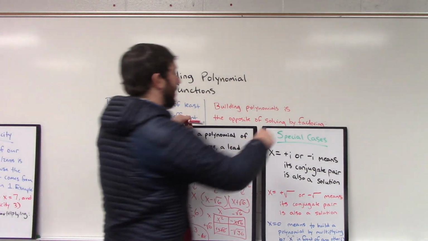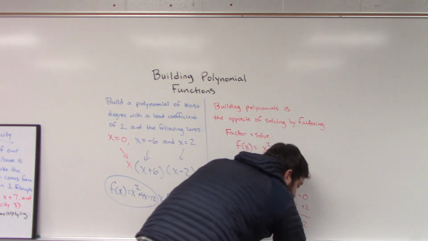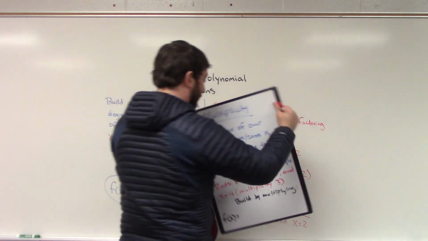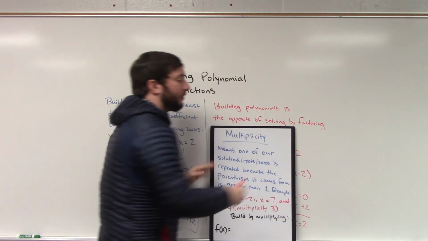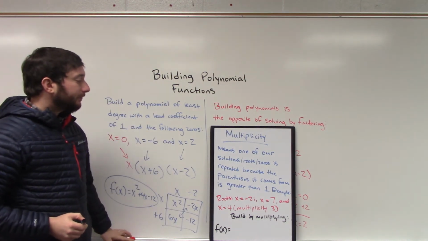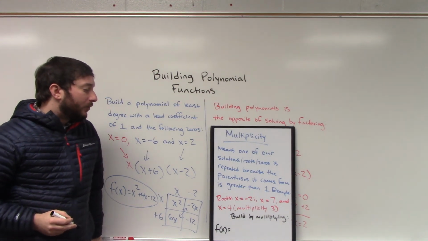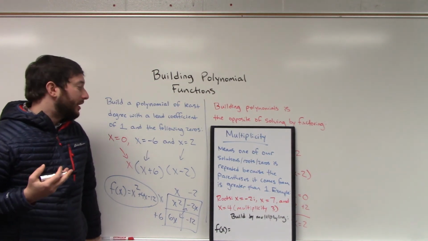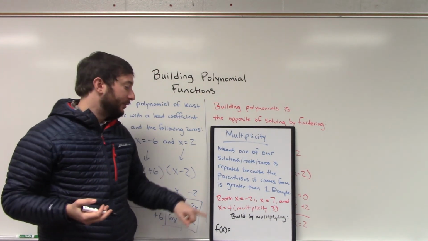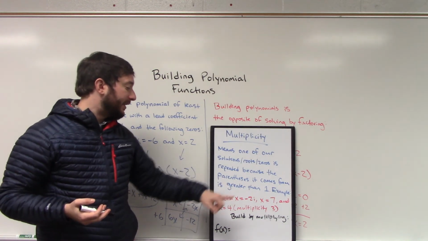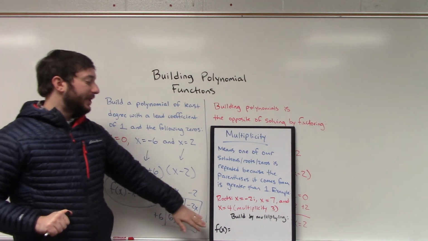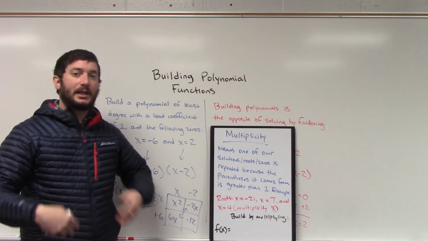One last thing I want to talk about to end this video will be what's called multiplicity. And multiplicity is the idea that sometimes you have what are called repeated solutions, roots, or zeros. So, what do I mean by that? Well, let's say that, for example, this was a problem that we wanted to build, right? We have roots of negative 2i, 7, and 4 with a multiplicity of 3. Now, if we wanted to build this up, we would build it by multiplying, and what that might look like to start